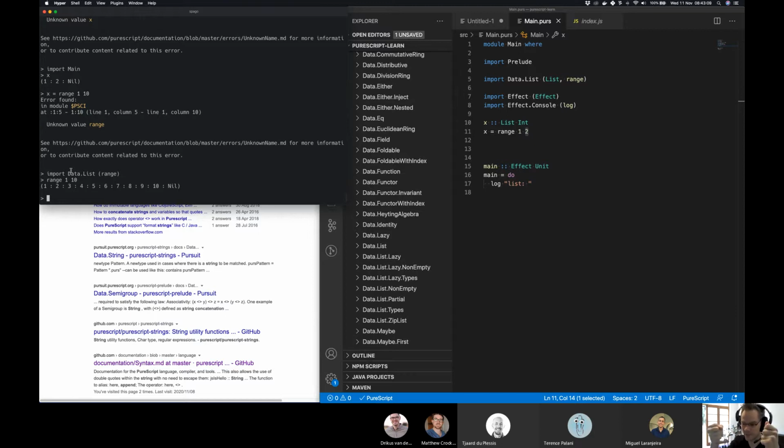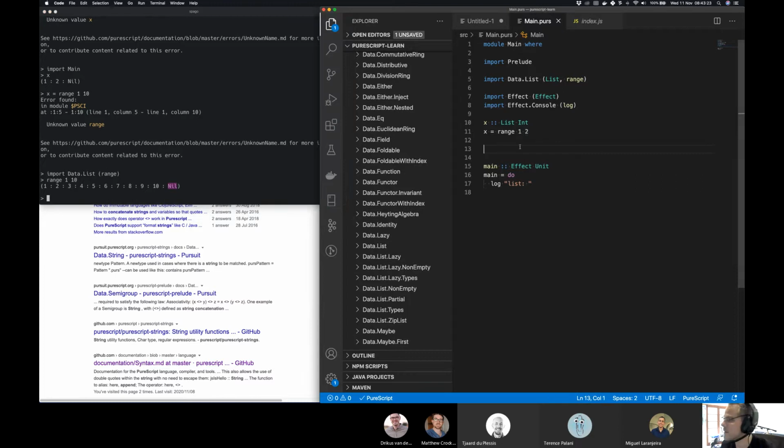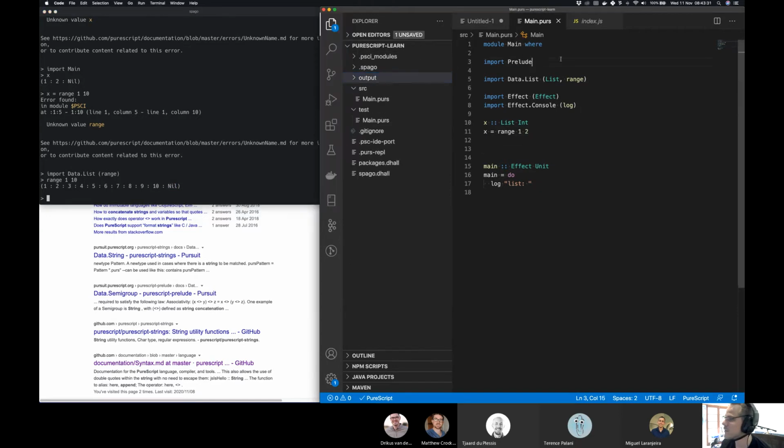So it has a head and a tail. The head is the element, the value in that list at that position, and the tail is another list which contains whatever comes next, right? And you'll probably find that an element containing a nil tells you that that's the end of the list, if that makes sense. We can even define this ourselves once we get good at PureScript, and it will teach us a lot about how to build recursive data structures.